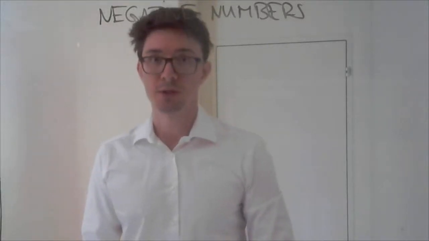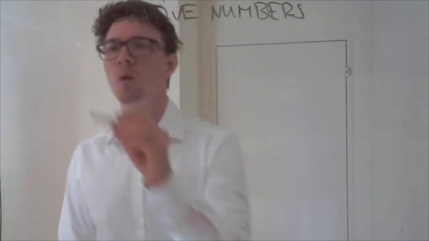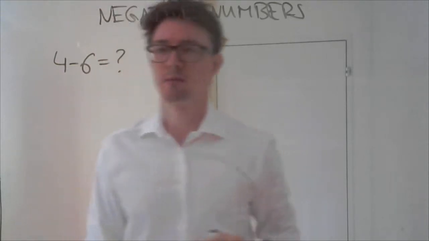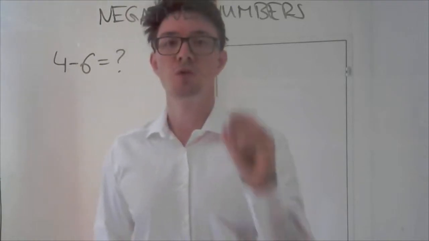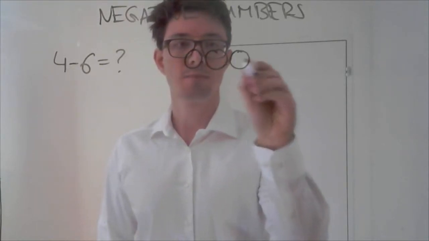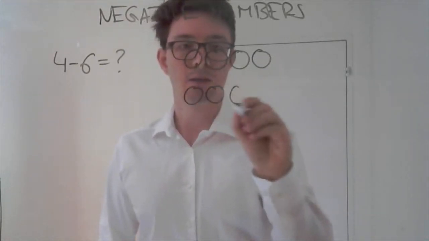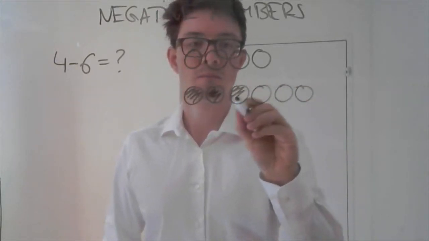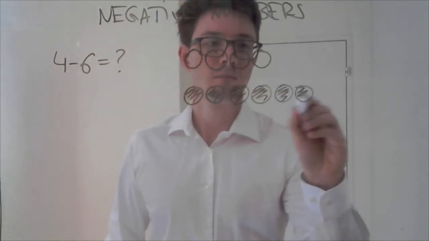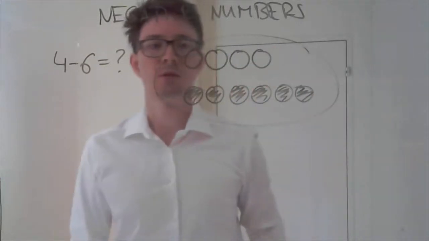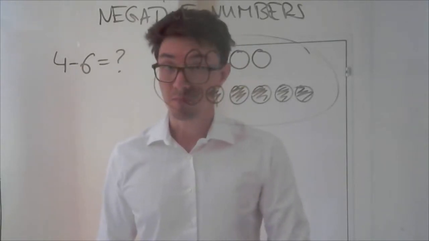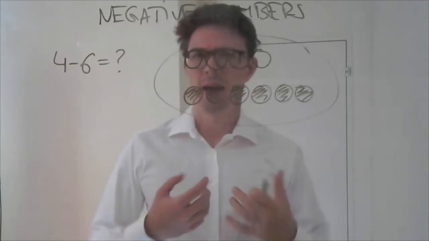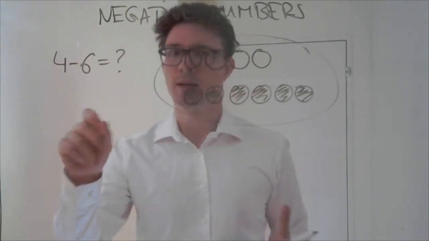On to negative numbers. Little question for you. What is 4 minus 6? Visually, this is 4 dots and then 6 antidots, added together. Now, if you have never encountered negative numbers and you're looking at this problem and you think of